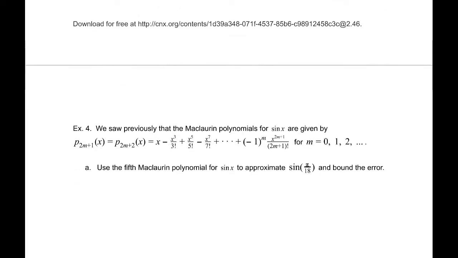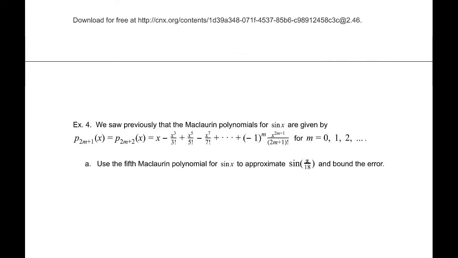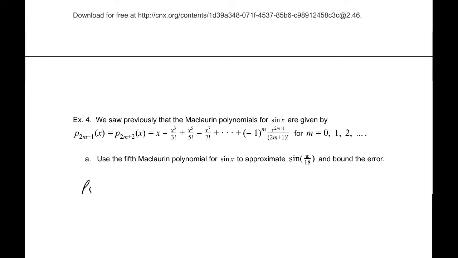All right. Now, we saw previously that the Maclaurin polynomials for sine x are given by this generic form. So use the fifth Maclaurin polynomial for sine x to approximate sine of pi over 18 and then bound the error. Well, based off of that calculation, the fifth Maclaurin polynomial is given by x minus x cubed over 3 factorial plus x to the 5th over 5 factorial,